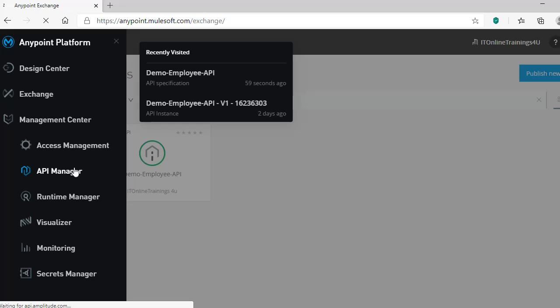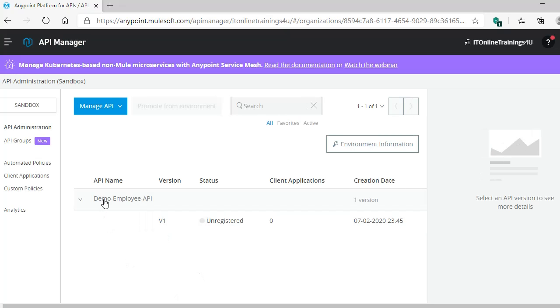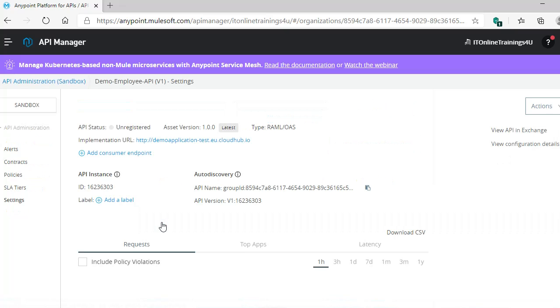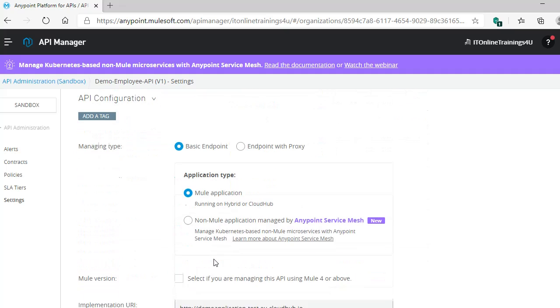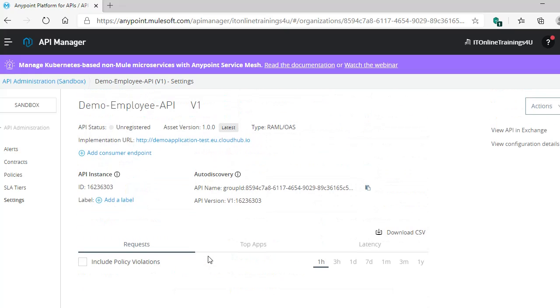Then in our earlier part 1 video, we created an actual API in API Manager, MuleSoft API. Likewise, we have created an API here. Till here we have covered in part 1. Today, if you observe here, this API is unregistered. It means this API is not active and it is not ready to consume any implementation. Now we will do the implementation for this API.